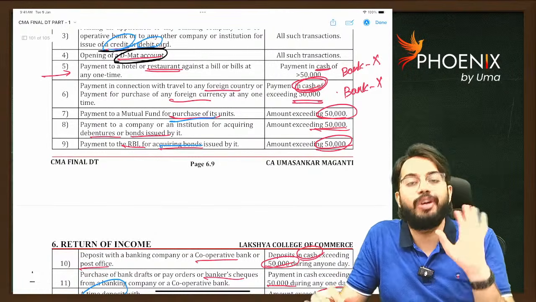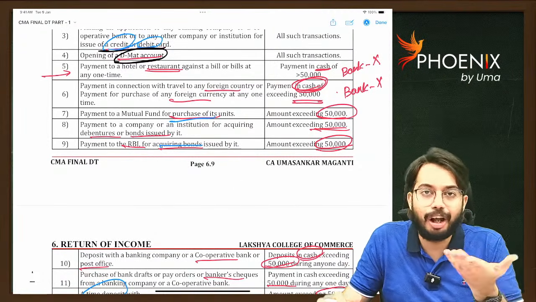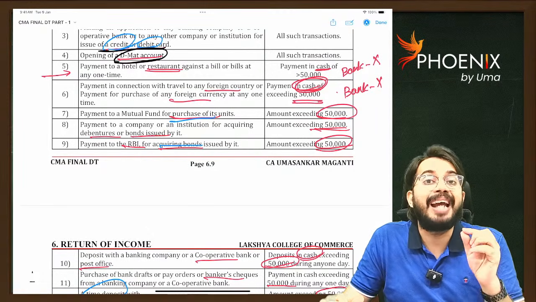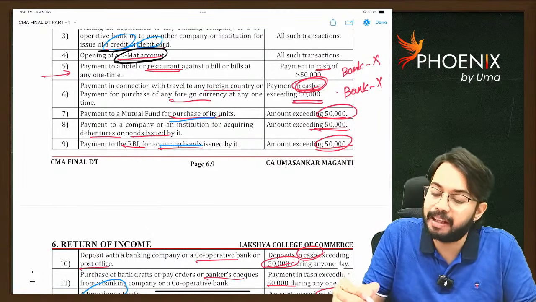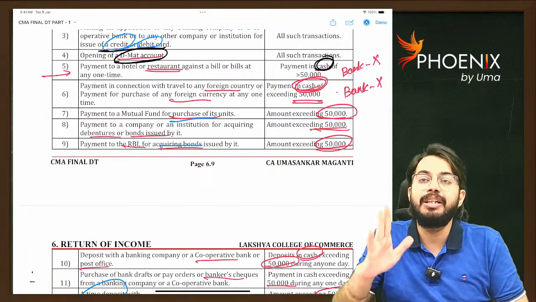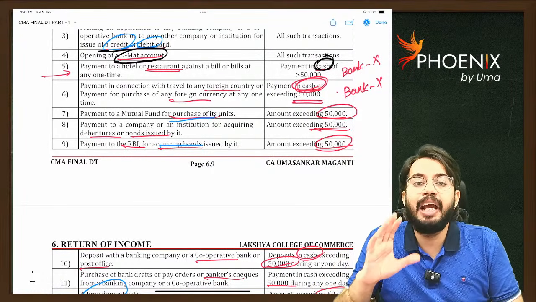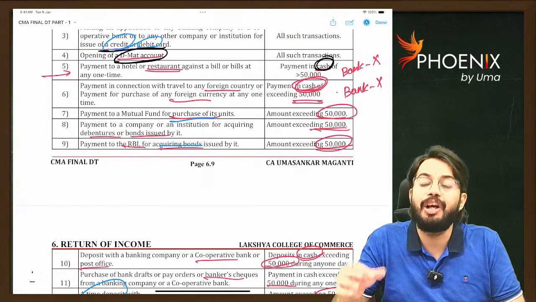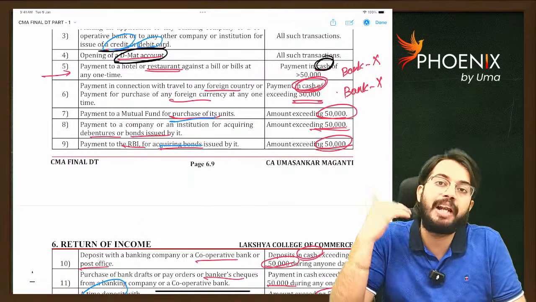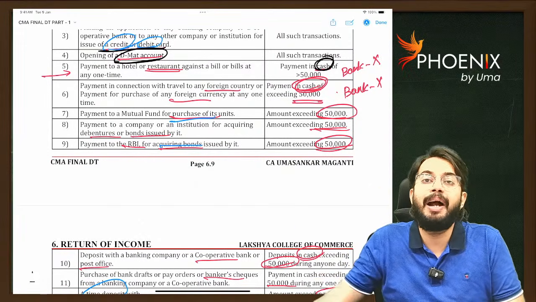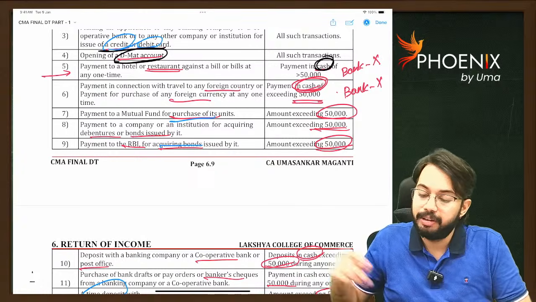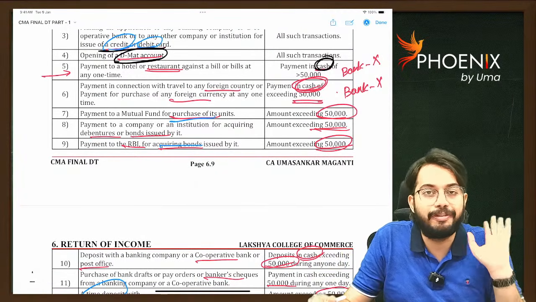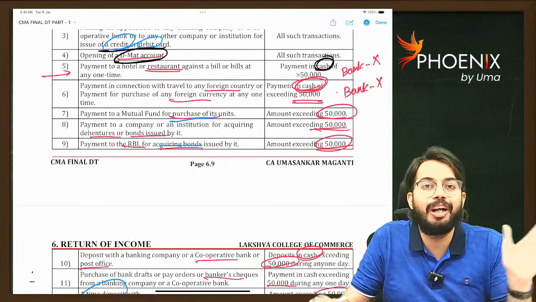Next, you went to a hotel or restaurant. In articles, you are all going to hotels, right? So per bill, if you are making cash payment of more than 50,000 rupees, very, very, very important, because students will forget in the examination. They will think any payment more than 50,000 rupees, PAN is required to be quoted. That is not correct. Only if cash payment per bill is more than 50,000 rupees are they mandatorily required to give their PAN number. So what will we do? We will split the bill. We will ensure each day's bill is less than 50,000 rupees, and we will give it in cash. We do not give PAN. Okay.